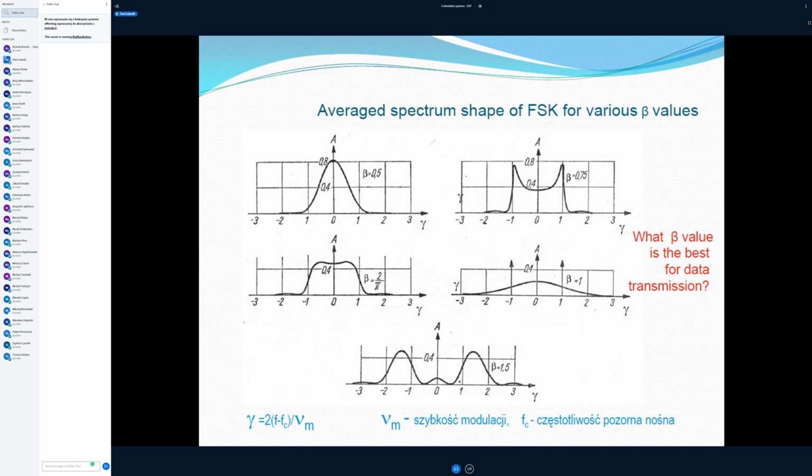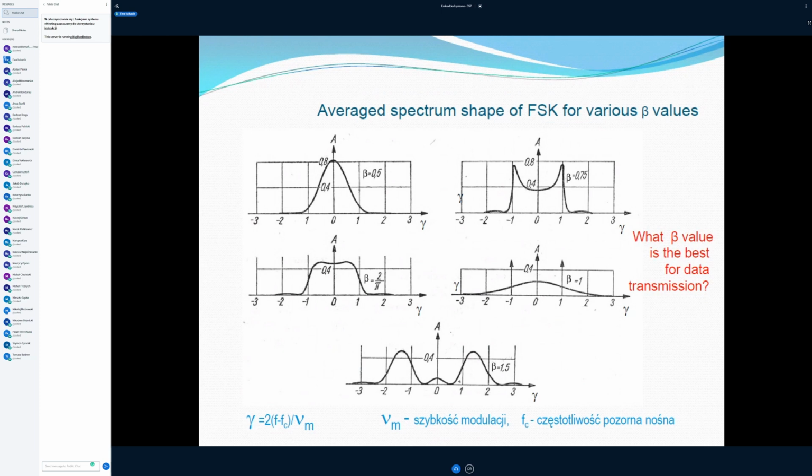In data transmission, we have only amplitudes of 1 and 0, or 1 and minus 1. That's why we do not need to be so precise with the amplitude representation. We have only to decode 1 and 0, 1 and 0. That's the other reason why we don't need such a big